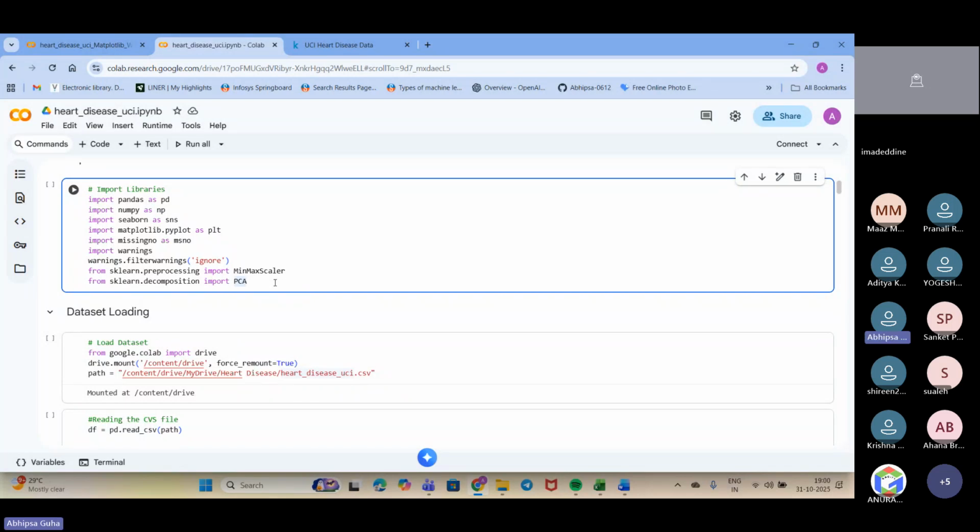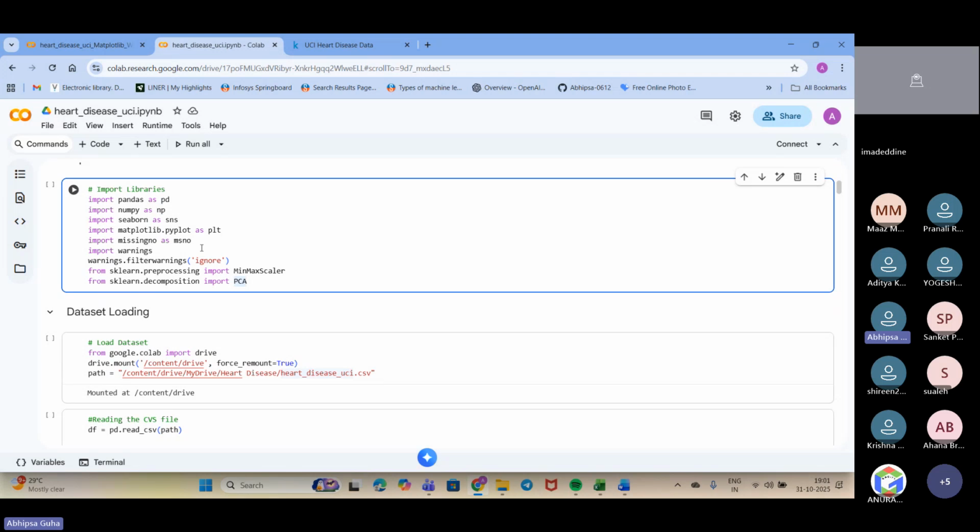It's also needed alongside pandas, in modeling or handling numerical data, because for doing the pre-processing we might need it. That's why I have taken it. Next is Seaborn and Matplotlib. Matplotlib we are basically using for visualization purposes. For Seaborn we have given the short name sns. For Matplotlib, plt we have used.